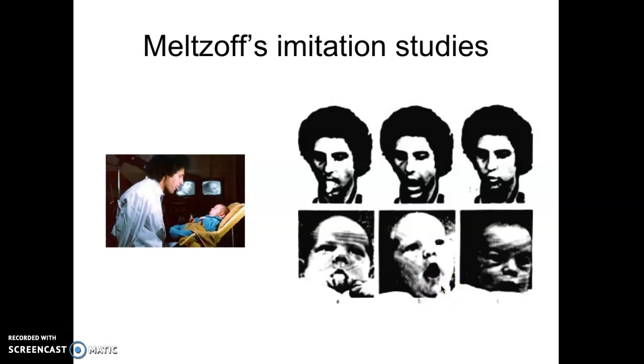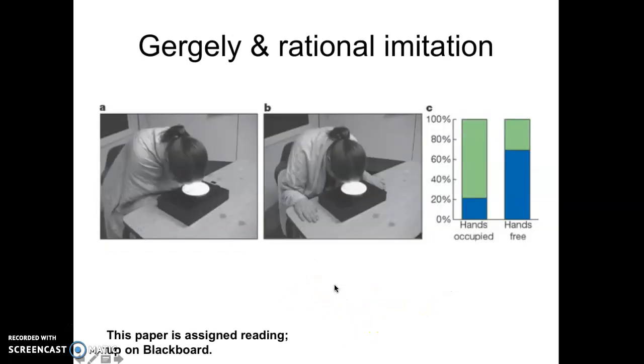This finding has become controversial as other people have tried to replicate it, but in any case, it gives you a sense of one of the original imitation studies. So we can use imitation as a lever to try to understand what it is that children think other people's goals are or think their actions are about, because how they imitate and what they imitate tells us what they think the event was. So in this classic paper, Gergely again showed an experimenter turning on a light with her